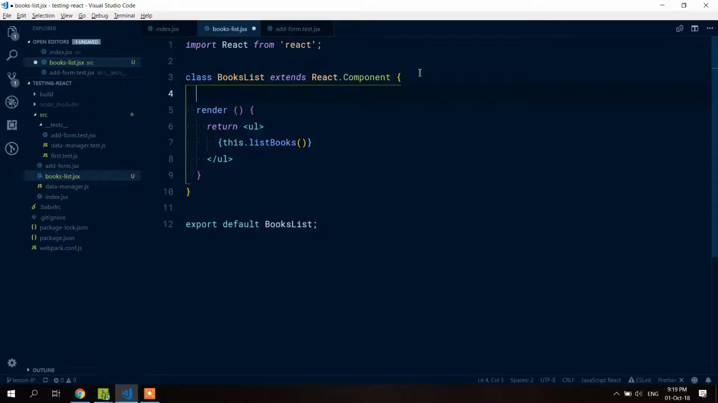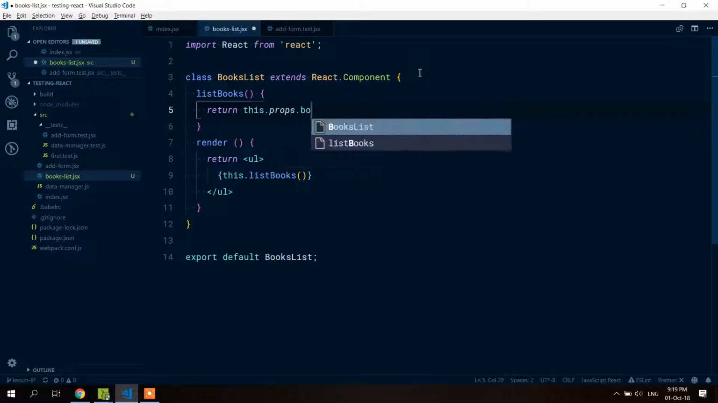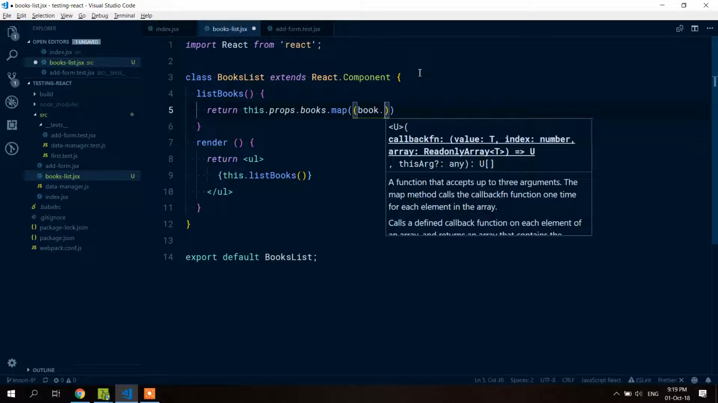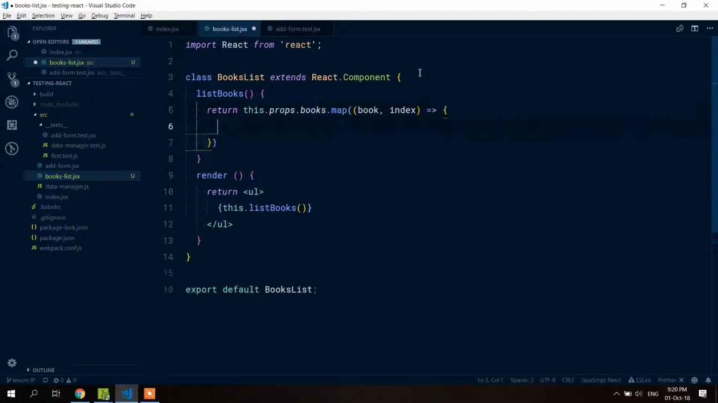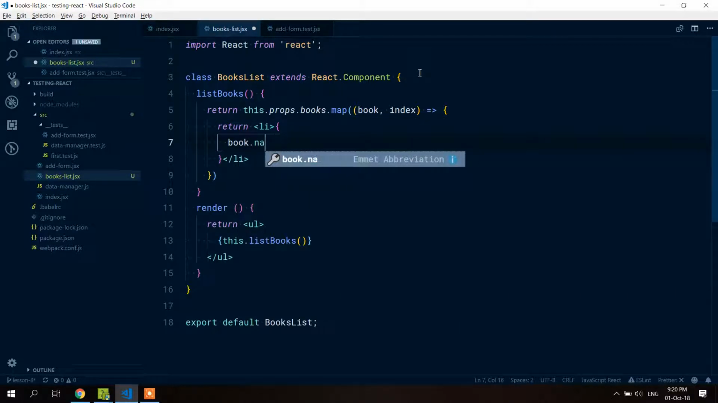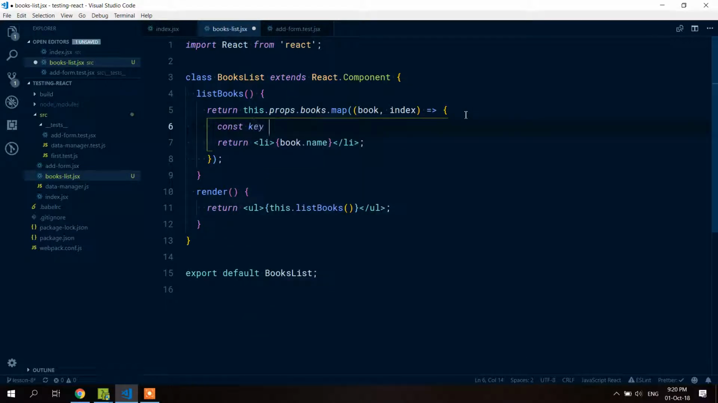What we're going to do here is, first of all, declare this method, listBooks. This component BooksList is going to accept the prop books, and we're going to use that prop, map over it, and return an li element. Okay, return li. In here we would have book name. What we need also is a unique key, because elements in an array need a unique key